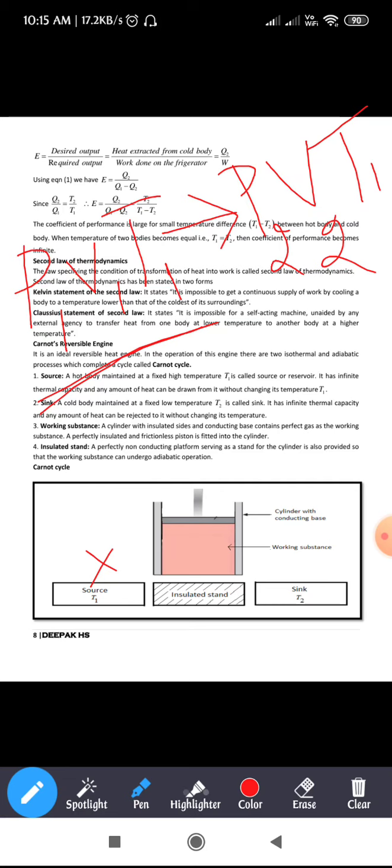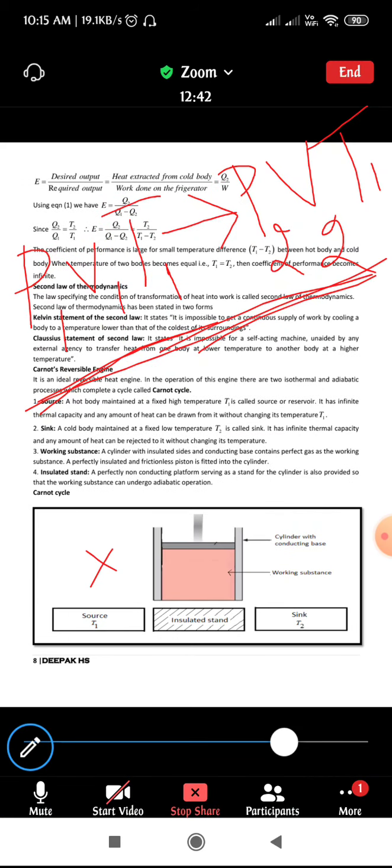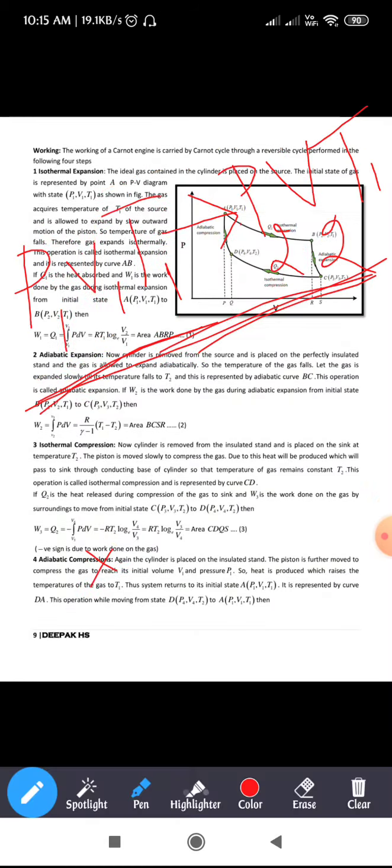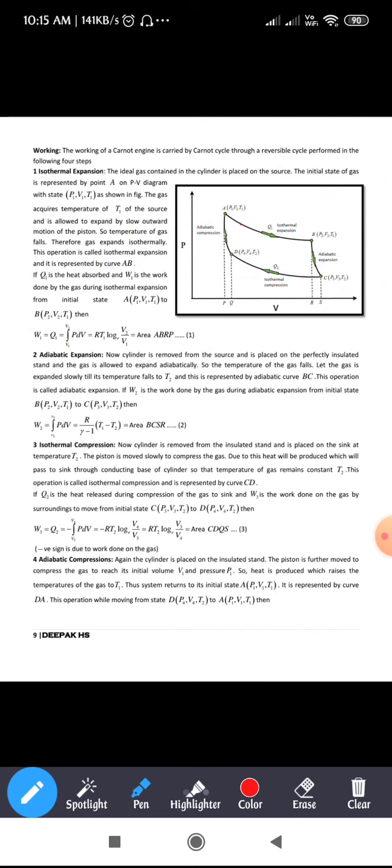So this is regarding the isothermal expansion. P1, V1, T1 was the initial pressure, volume and temperature of the gas. Once the gas is allowed to expand, the pressure and volume change from P1, V1 to P2, V2, but the temperature remains the same, that is T1, since we are dealing with isothermal expansion. Next, we need to write the work done in this case.